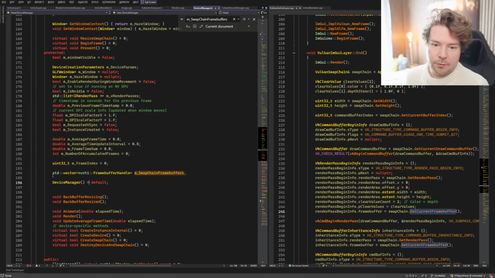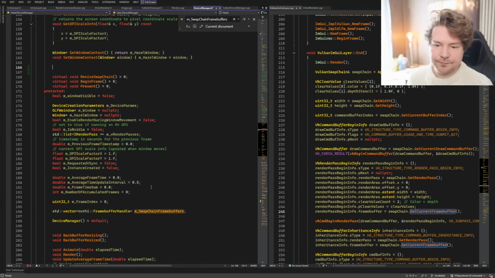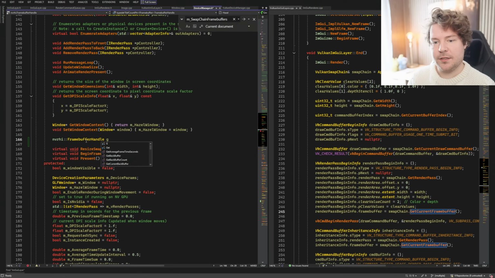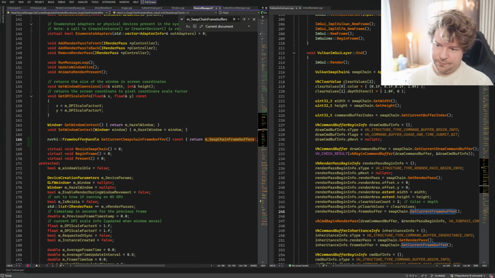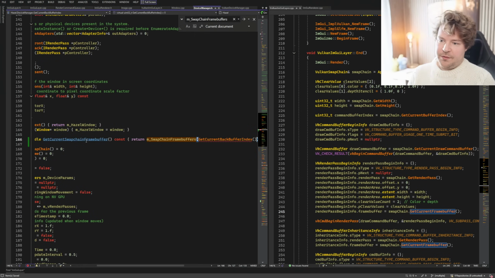It just means that I think what we can do is we can just write a function here, probably called, we'll have it return a frame buffer handle, and we'll just say get current swap chain frame buffer, and then that will just return, we can make it const or whatever. This double C thing, so annoying. I need to probably fix that. So if we do M swap chain frame buffers at get current back buffer index,